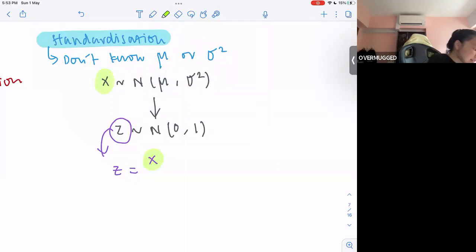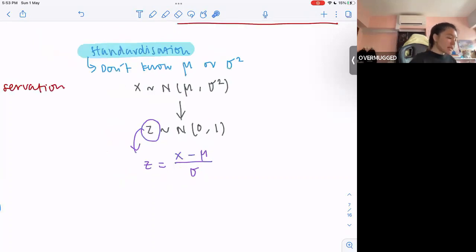Okay, it follows this x. Oh, actually, what's inside? Not exactly this, later I'll show you. X minus mu over sigma. Take note that this is sigma and not sigma squared. So you will change it to help you find whatever you are missing, either the mu or the sigma. Okay, so that's more or less it.